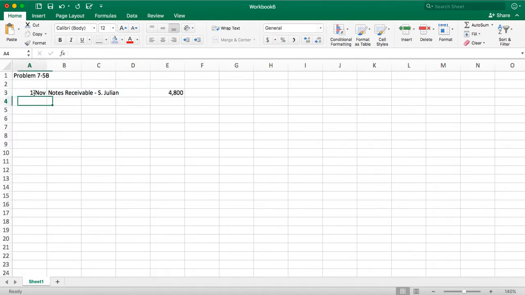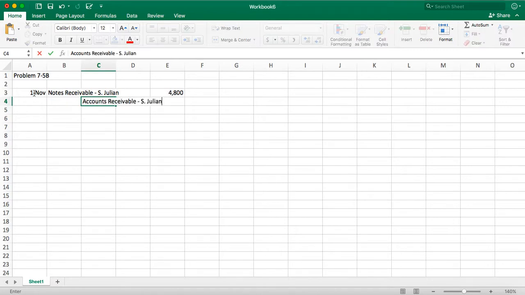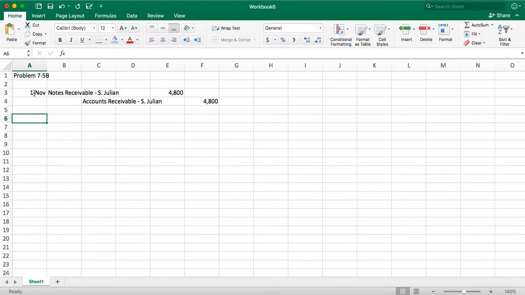of $4,800, and we decrease accounts receivable by the same amount because we're telling the readers of the financial statements this is no longer an accounts receivable, this is a notes receivable, so the interest can be collected and it'll take longer to collect. Then on December 31st, it asks us to make adjusting entries to record the accrued interest